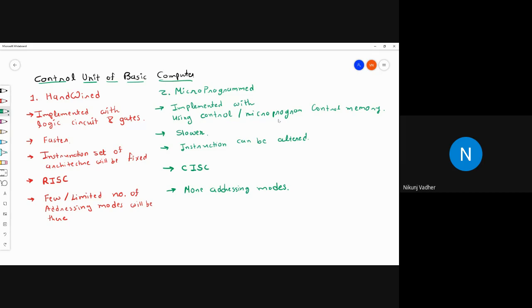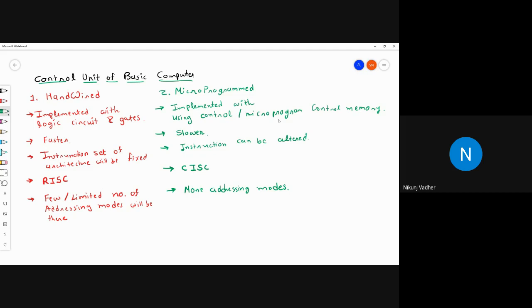Hardwired will be faster in execution, while microprogram will be slower. The instruction set will be fixed in hardwired, so we cannot alter anything. Why? Because everything is implemented using circuits. If you want to add anything, we have to change the circuit, which is very difficult.